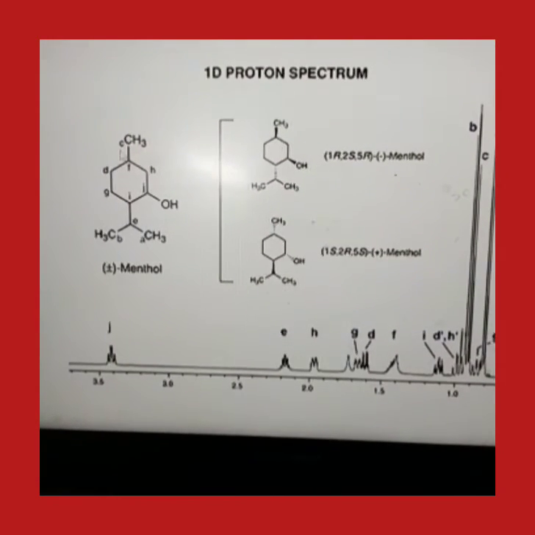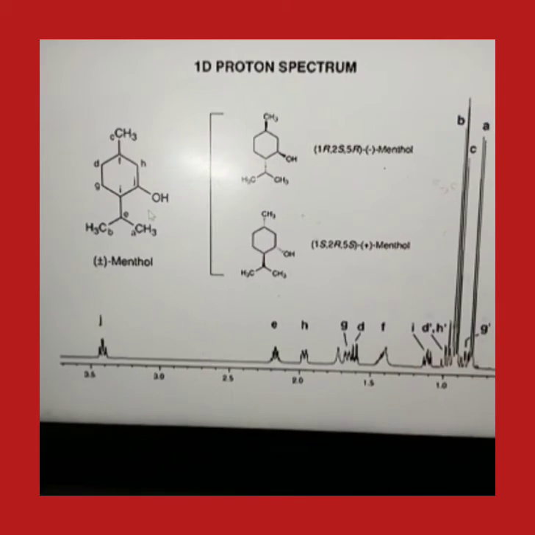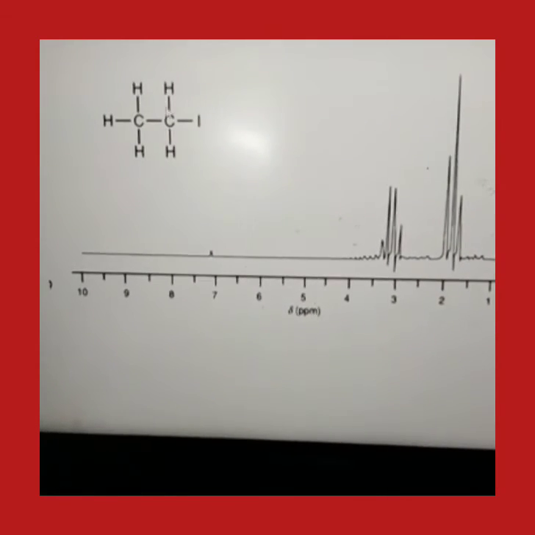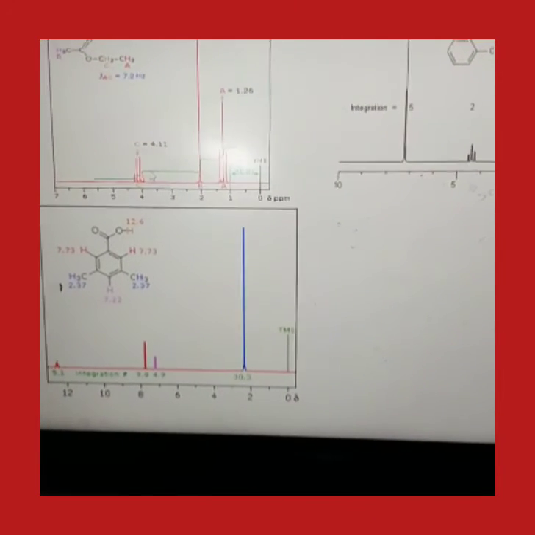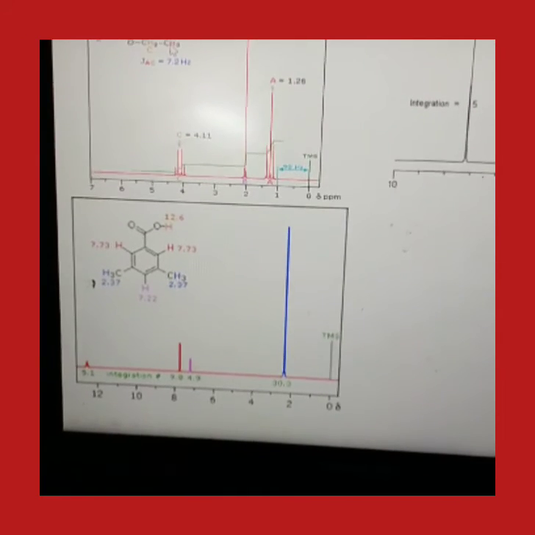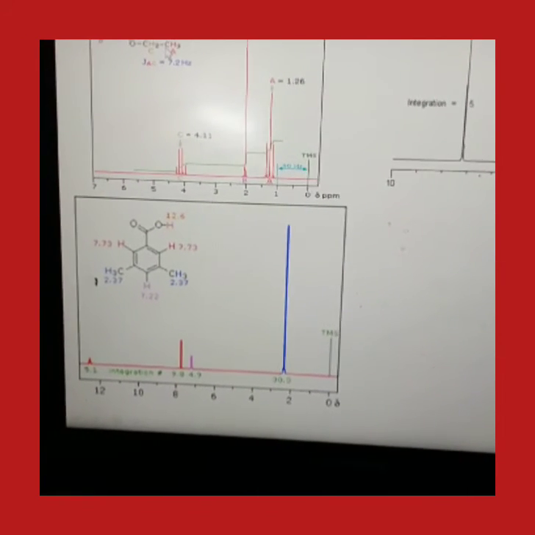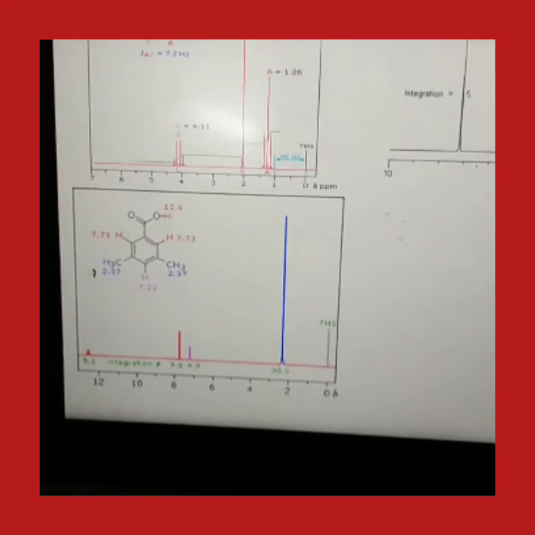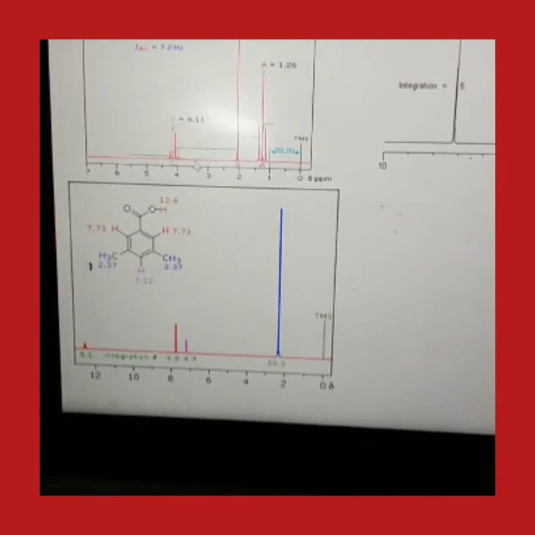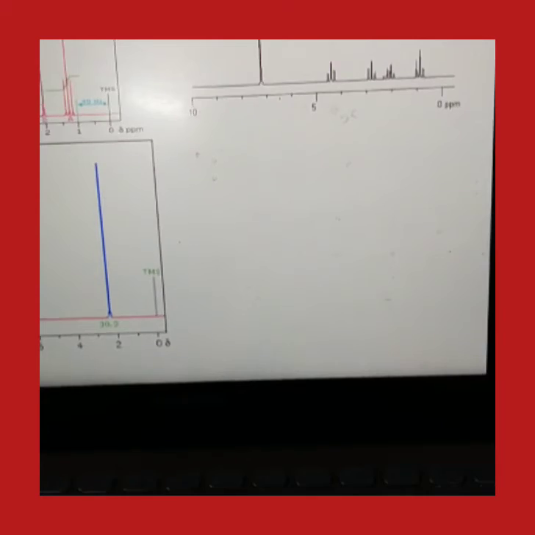According to this, you can analyze the splitting pattern. If you see this molecule, for this a triplet and for this proton a quartet will appear, and for this proton a triplet will appear, so one triplet and one quartet are present here. Similarly, in this molecule, triplet for this, quartet for this, and this one appears as a singlet, so B appears as a singlet, while one triplet and one quartet will be present. Similarly, if you see this one,